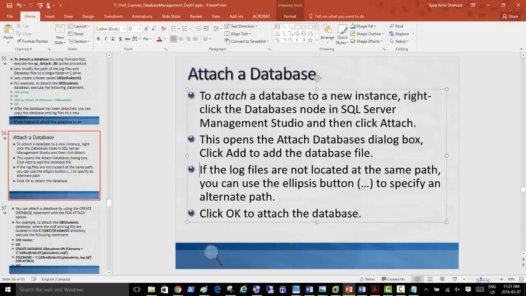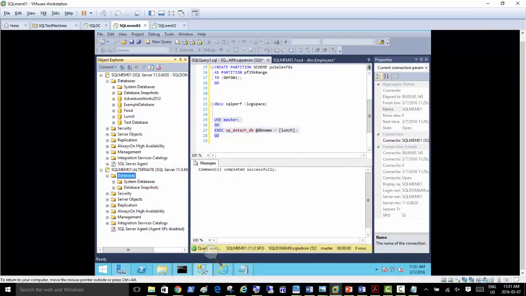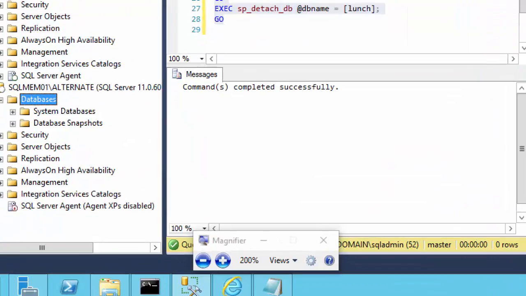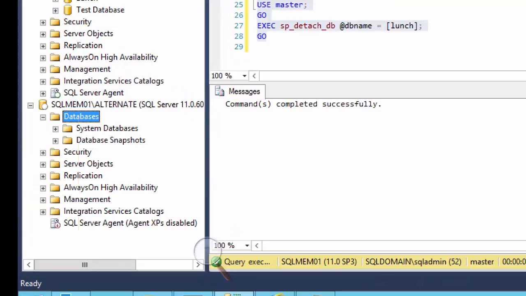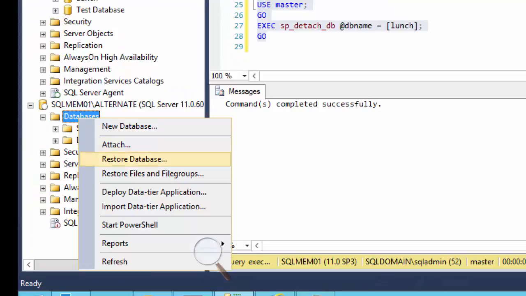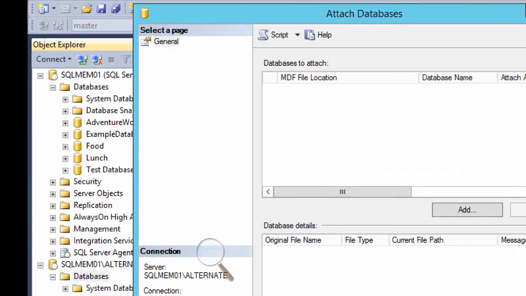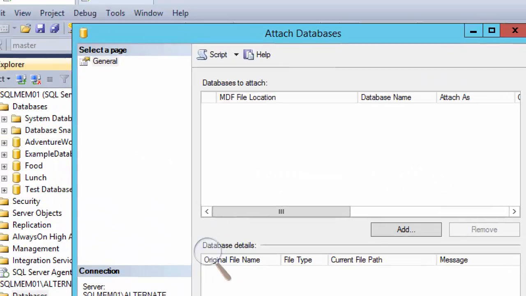So I'm just going to go back now to databases. So this is the SQL instance, and right click the database, and there's the attach option there. If we go for attach, definitely we need to have the path for that.